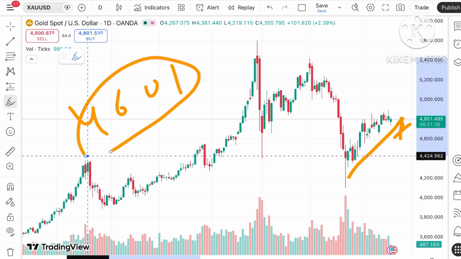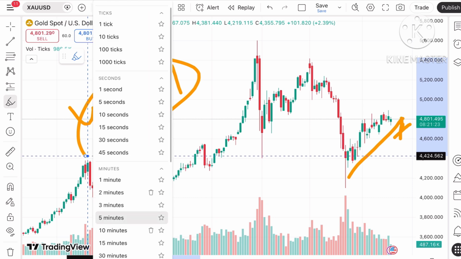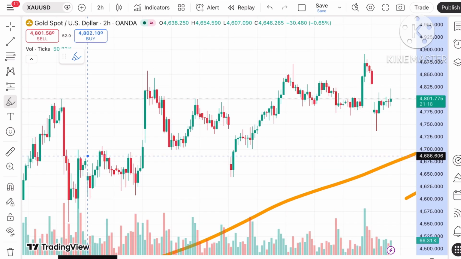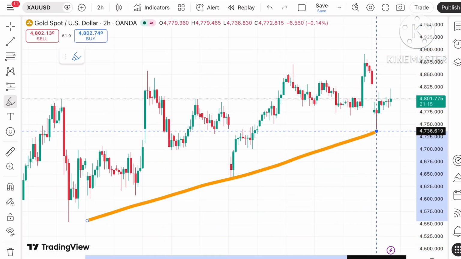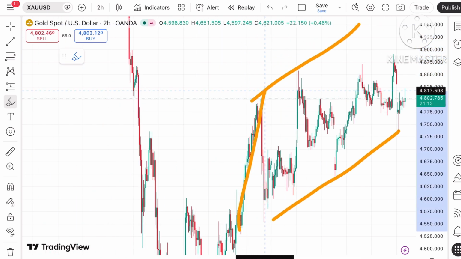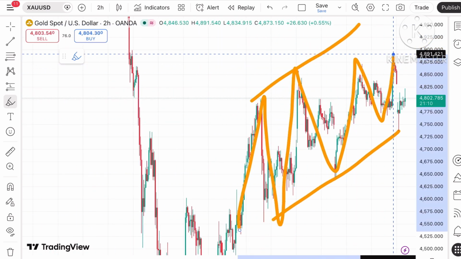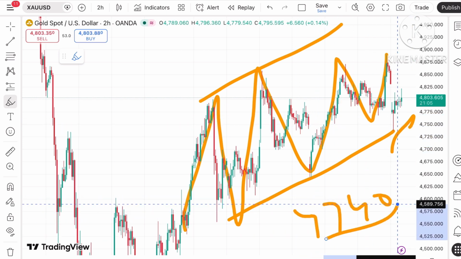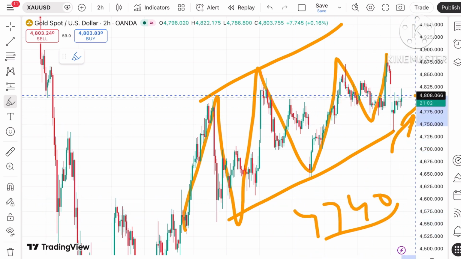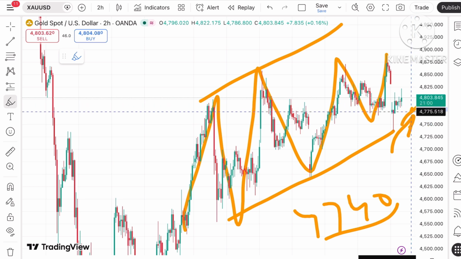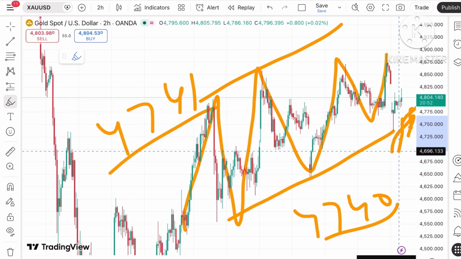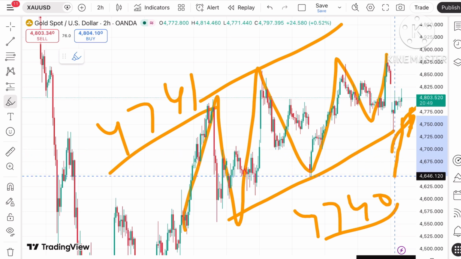Suppose we go to a lower time frame, on a 2 hours chart, you will understand more clearly how the price is moving. See, there is a continuous upside we have seen, but it is making huge volatility on a 2 hours chart basis. So if the trend breaks down towards $47.40, then we can see there will be a further fall. Suppose the price started falling, it can go towards 47.87, from there a level of 47.89, and if the price keeps falling below this level, we can see a level of 47.41. And if the price keeps moving below this level, we can see a level of 4700, and if that doesn't sustain, we can see a level of 46.80, and then a level of 46.64, and then a further